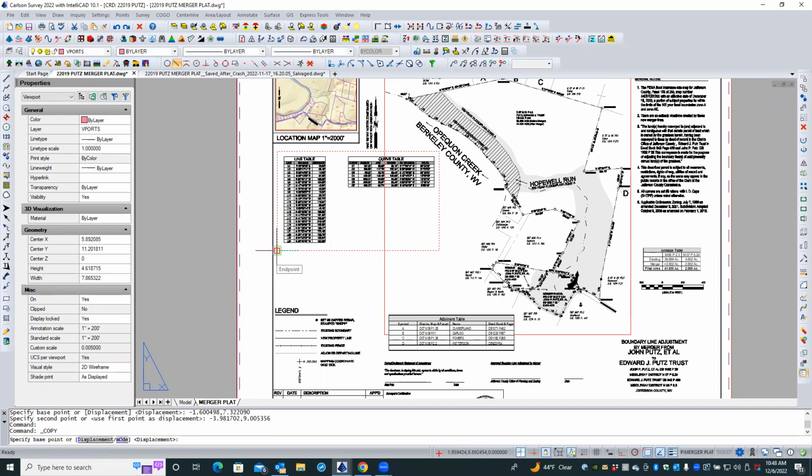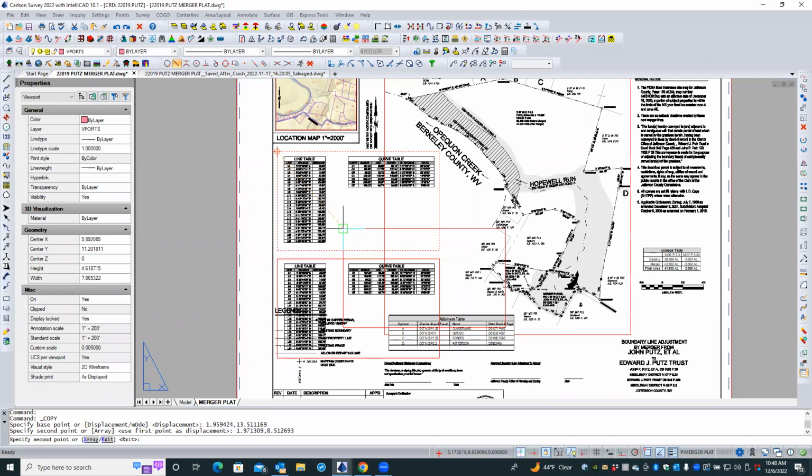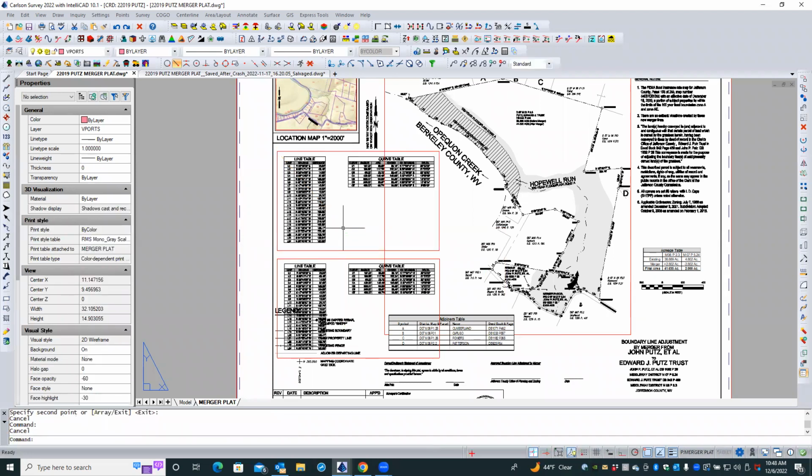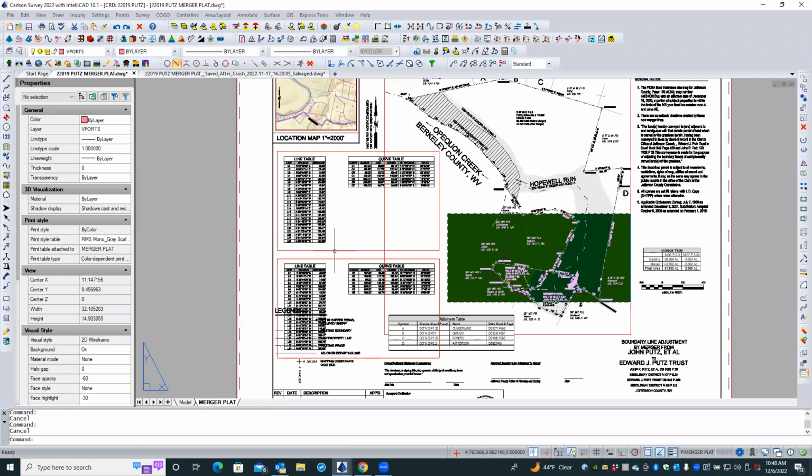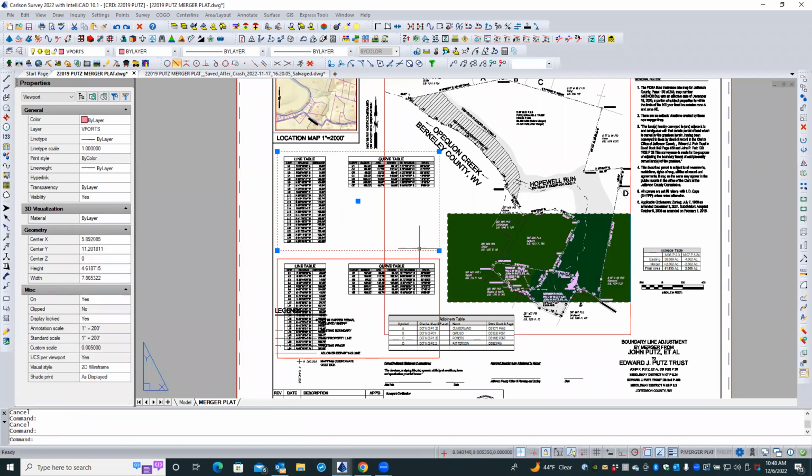And I'll copy it from here to here. Now, the reason I'm doing that is I'm going to take this. Whoops. This I'm going to